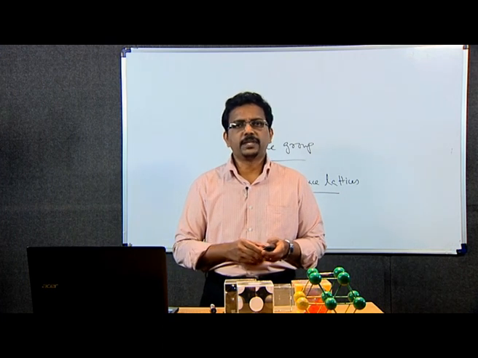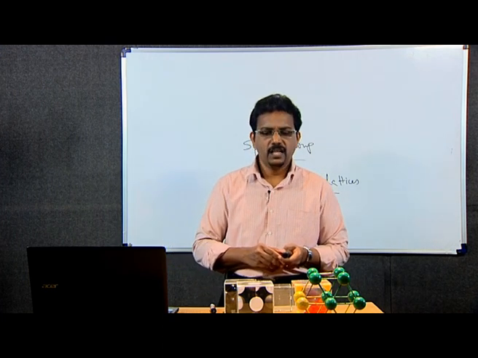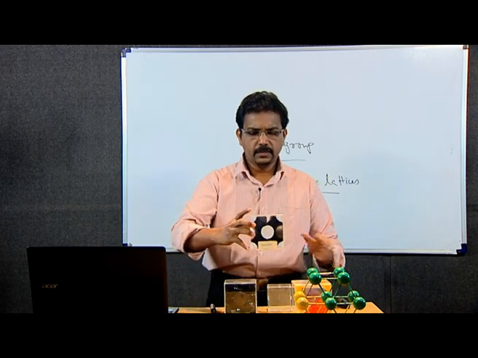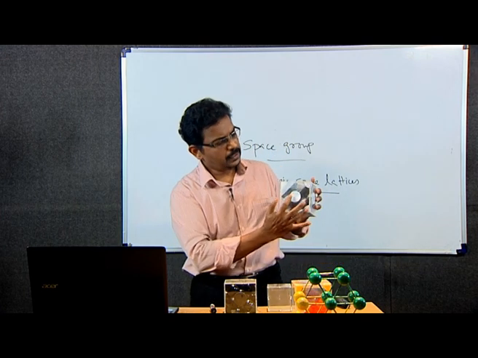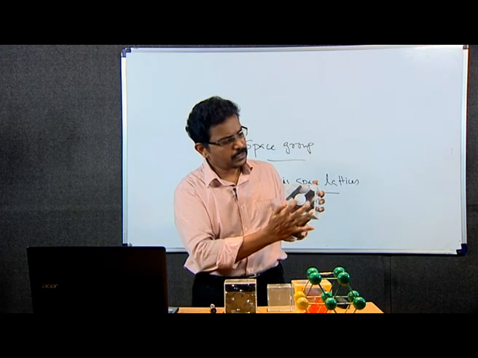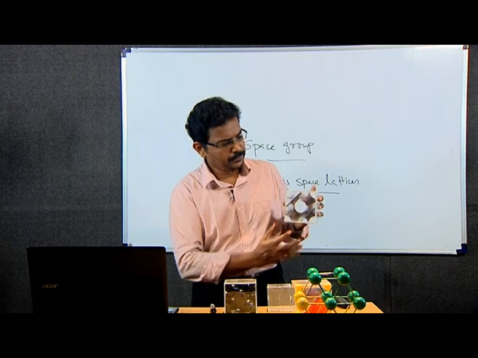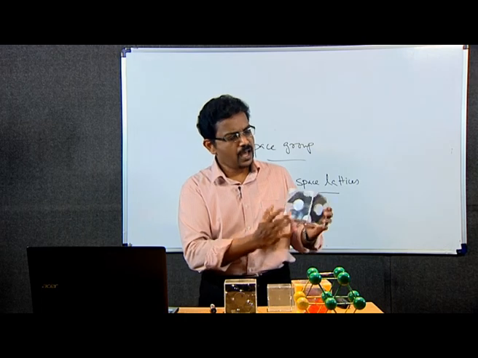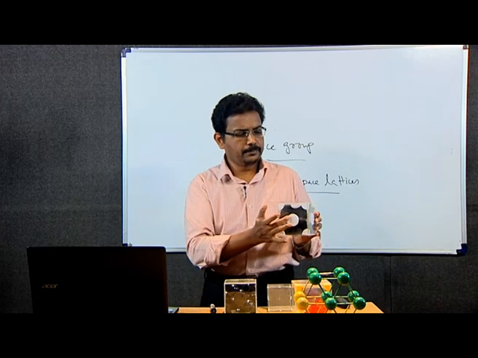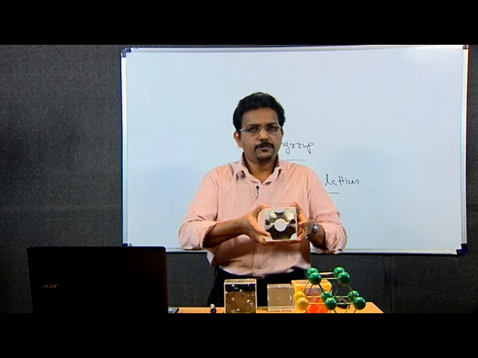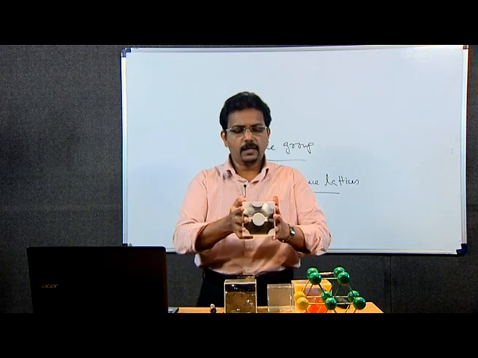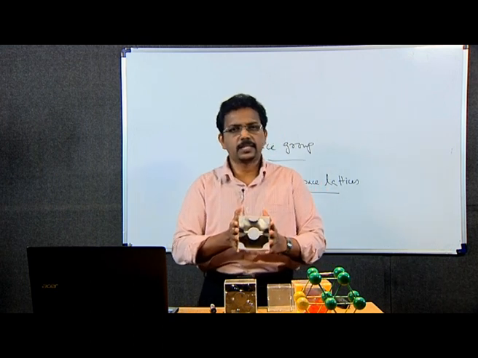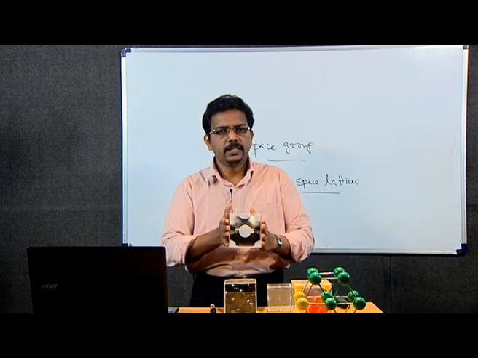In the case of the face centered cubic structure, I already showed the face centered cubic. This is the face center pattern, because you can see here one atom at a face center. Similarly, all 6 faces have an atom. So, when these structures are packed together, making a big crystal or single crystal, then we see that the effective number of